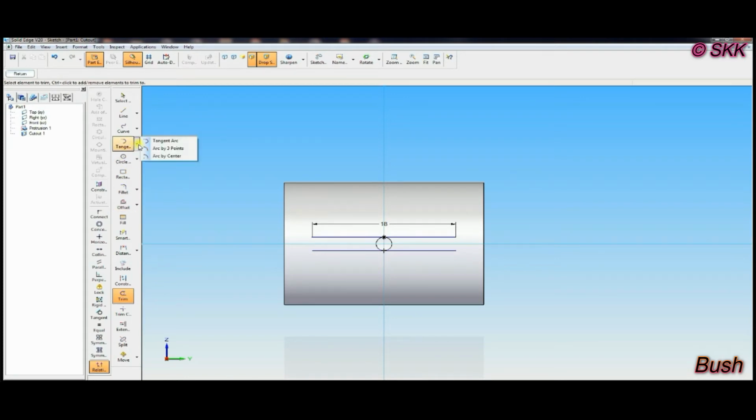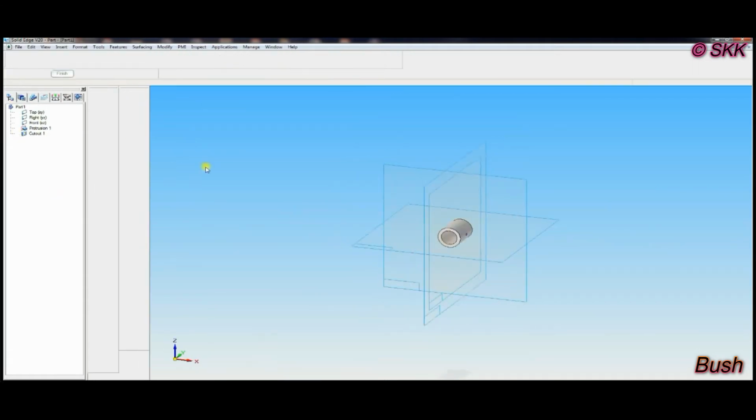Then go to tangent arc. Create the tangent arc like this. Then the total length is 20 mm. Then return. You click on return.